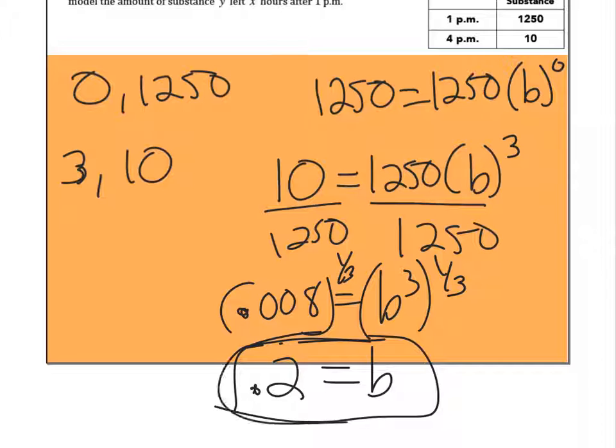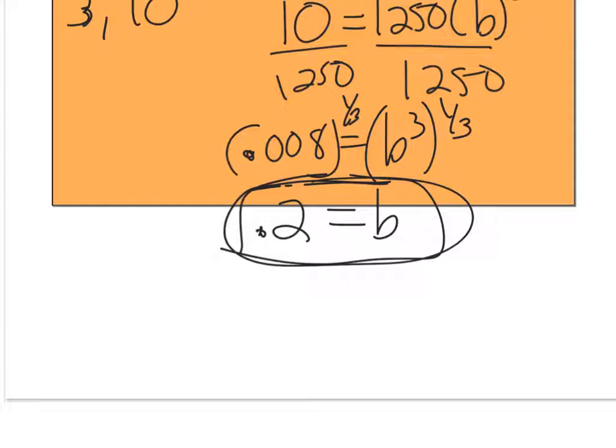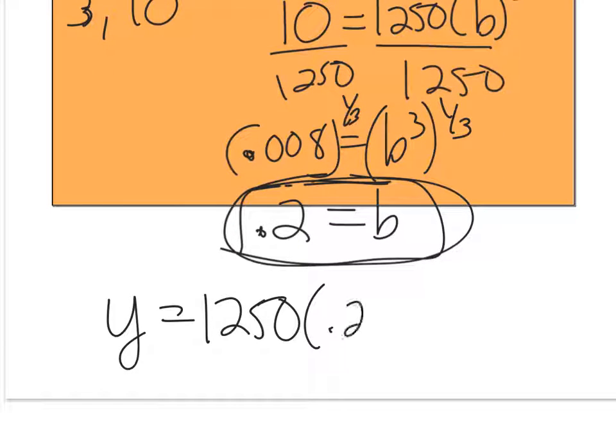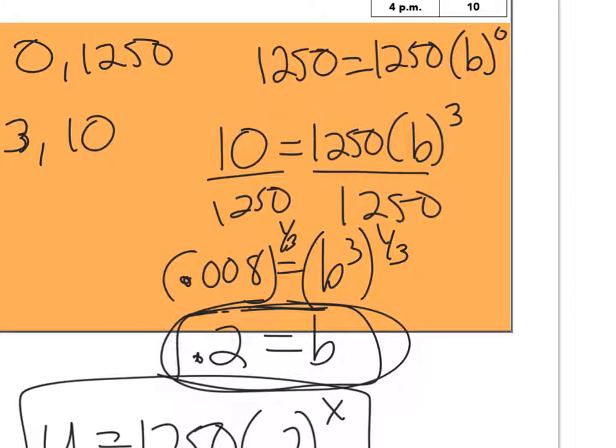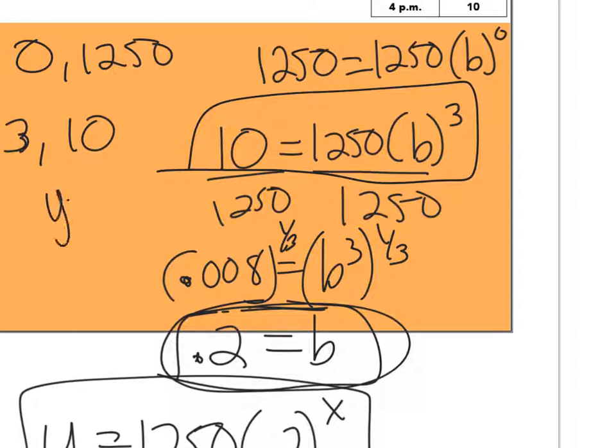So that means that my decay rate is going to be 0.2. So my function is actually going to look like this. The amount I have is going to be 1250 times 0.2 raised to the power of x. So that's what my function is going to look like. But notice all I did was substitute into my original equation, y equals a b to the x, substitute in what I knew, and solve